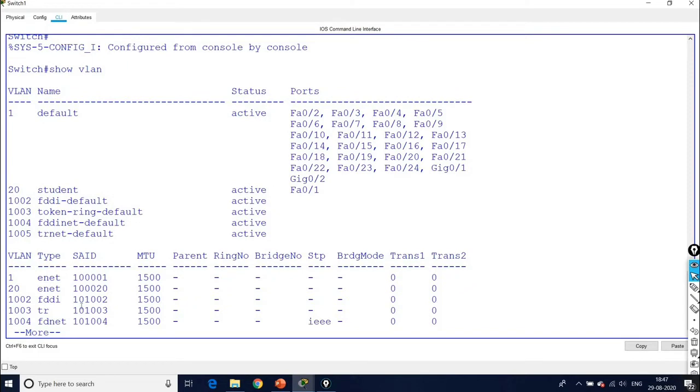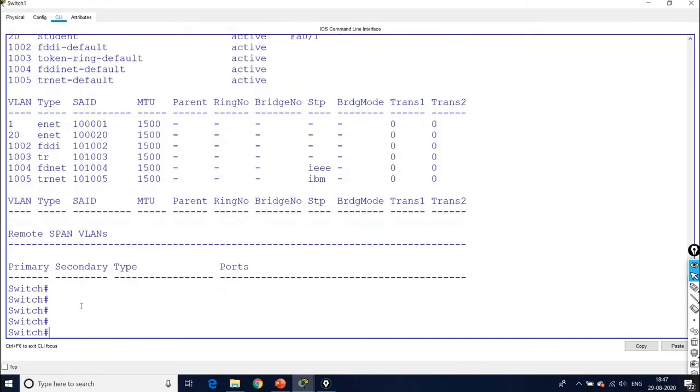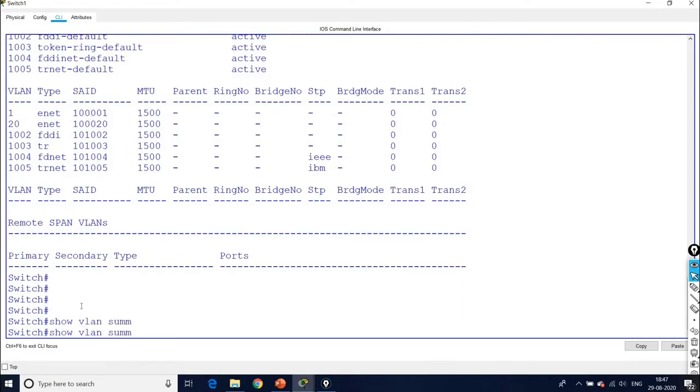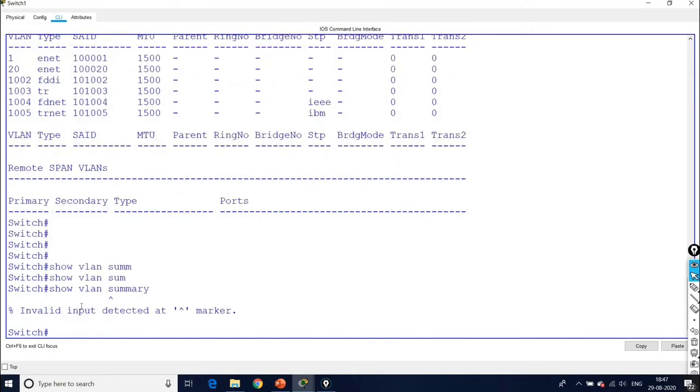You can see more. VLAN summary you can also show with show vlan summary.